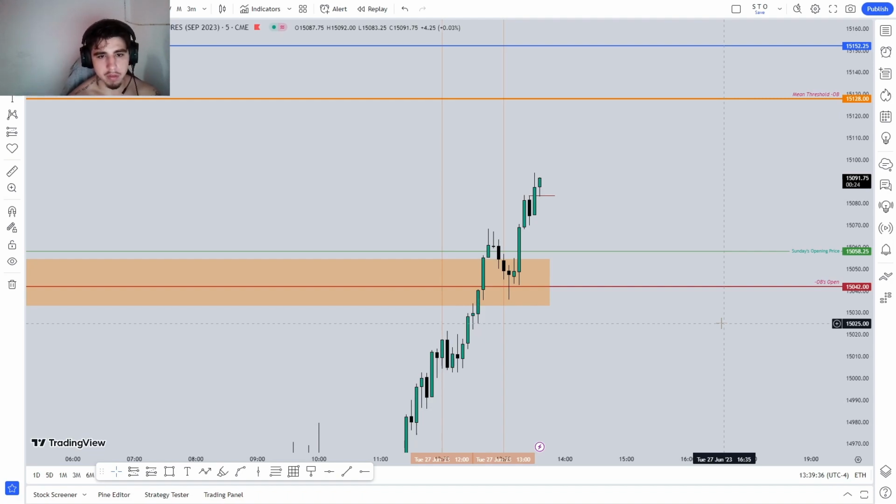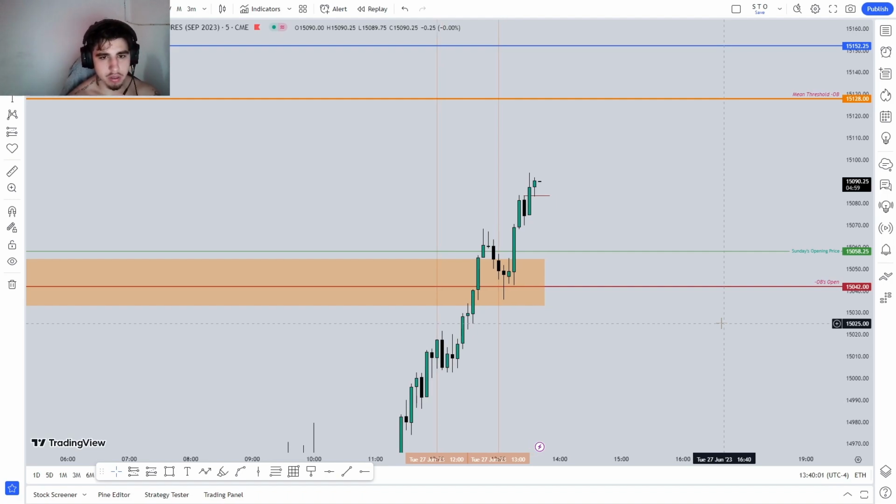What I'm looking at in a 5 minute chart is an immediate rebalance here. So the next, not the next candle, but the next one after that, I mean in the next 2 to 3 candles, but not the first one. How can I say that? The first one is the second one. So not this one, the next candle. This one can also be, but I believe that in the next 2 to 3 candles we need to expand higher with speed. And again, this area is going to be left open, if I'm correct,